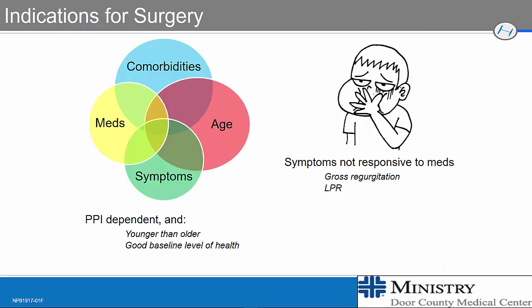So what are the indications for surgery? Well, we talked about this: multifactorial comorbidities, medications, and age. So if you have patients who are PPI dependent, and if you're younger rather than older, and if you're in a good baseline level of health, then it would be reasonable to consider